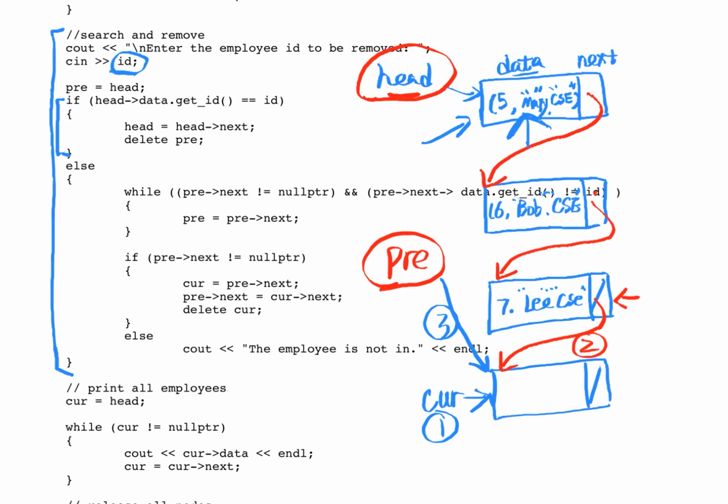We know removing the first node is a special case. So the head points to the first node. If the head data get ID is equal to the entered ID, we remove the first node. So the previous